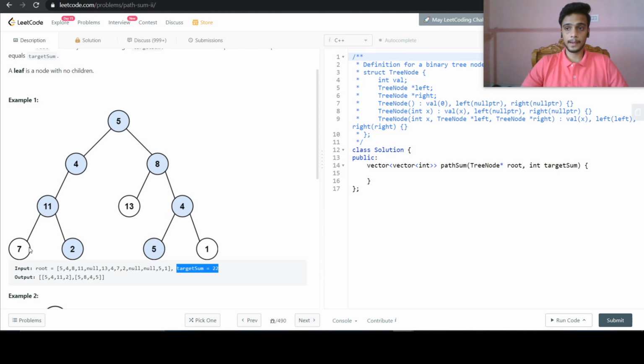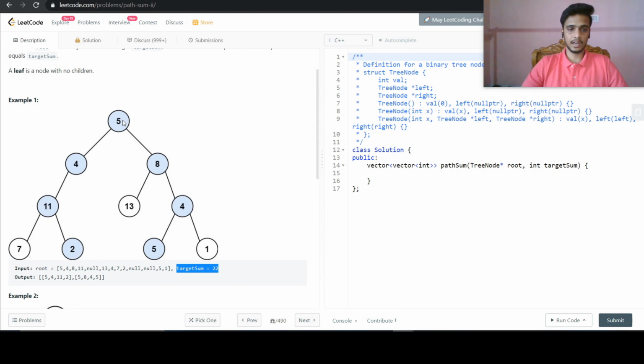So till here, what we were doing, we were appending all the nodes into a vector. We can append all these nodes to a vector, and we can traverse this path. And once we don't reach the target sum from this path, we will pop out this particular value from our current path.